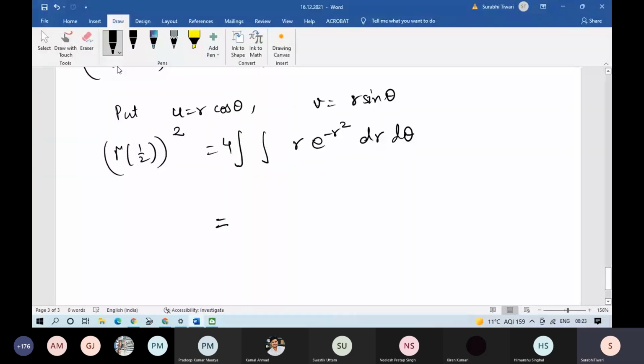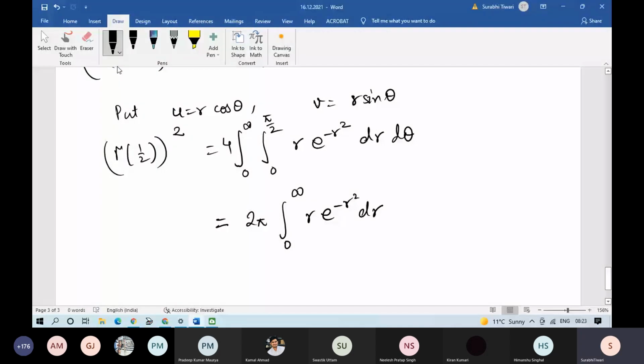जीरो टू इंफिनिटी, 0 to pi by 2। ठीक, तो फर्स्ट वी आर इंटीग्रेटिंग विद रिस्पेक्ट टू थीटा। दिस इज इक्वल टू 2 पाई, थीटा पे कोई डिपेंडेंट नहीं है तो सिंपल थीटा आएगा, लिमिट रखोगे 0 to pi by 2, तो वी गेट 2 पाई, 0 to infinity r e raised to the power of minus r square dr।